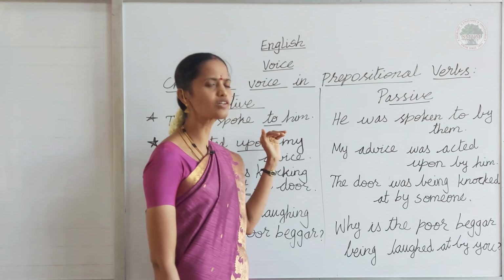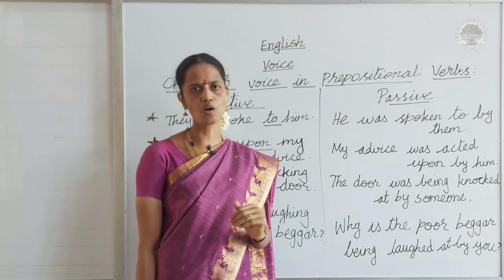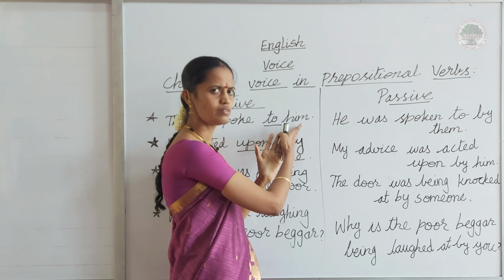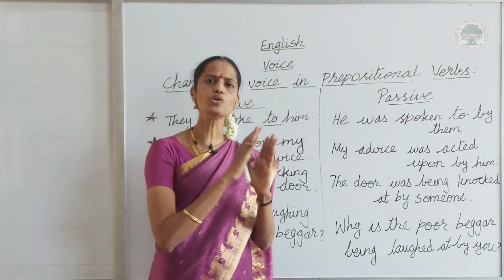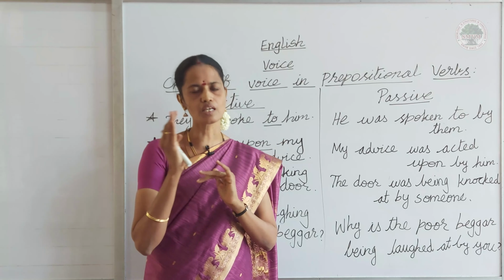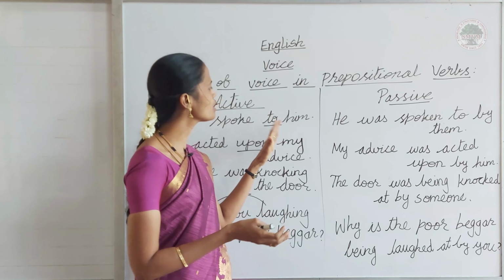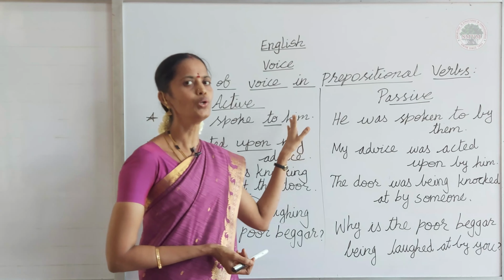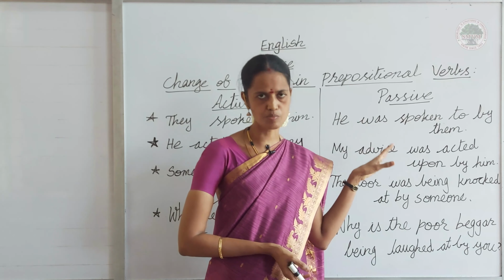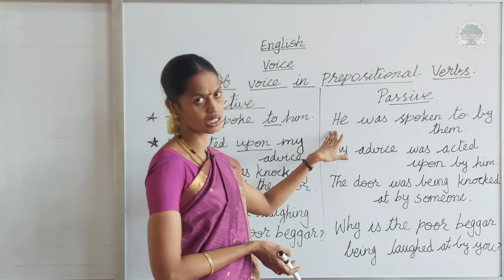So, here we have to apply that rule that changes a pronoun. Okay, when do we change this "him"? This "him" is to be changed into "he". Isn't it? If "he" is given, we are changing that "he" into "him" or "his". Isn't it? So, we are changing this "him" into "he" because it is coming in the place of the subject. Okay. So, we have changed this "him" into "he" here.